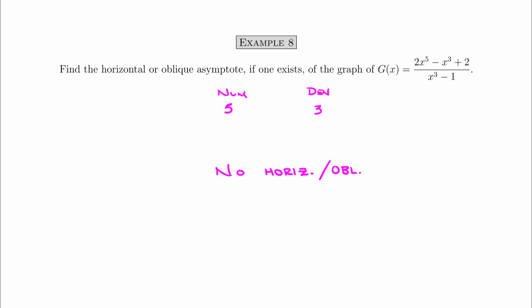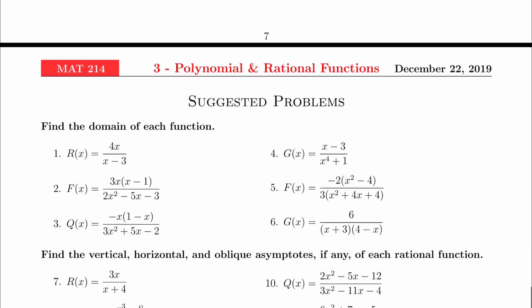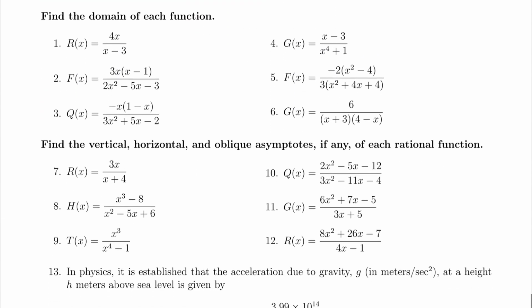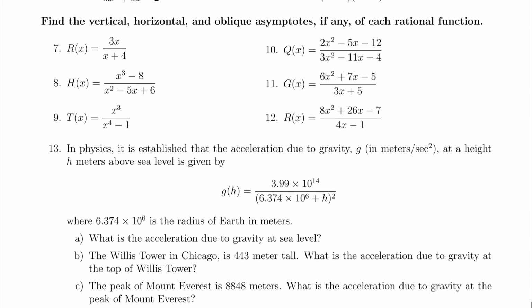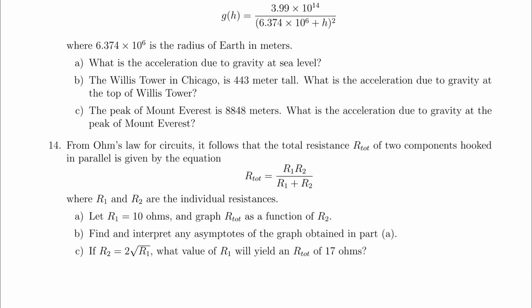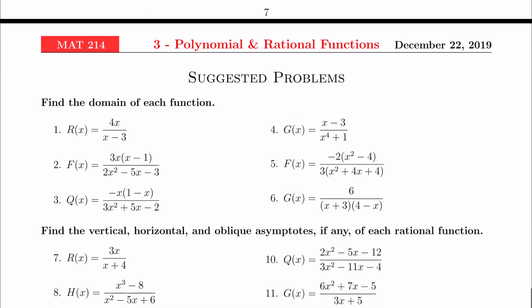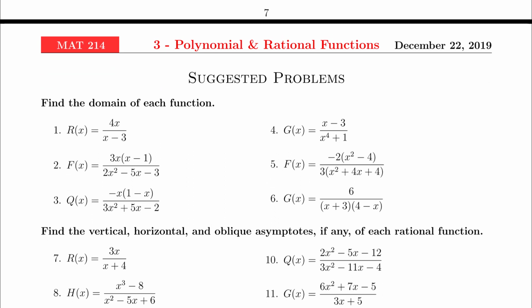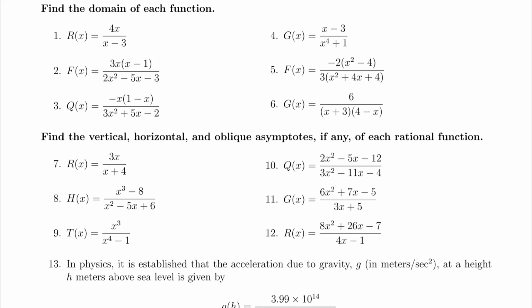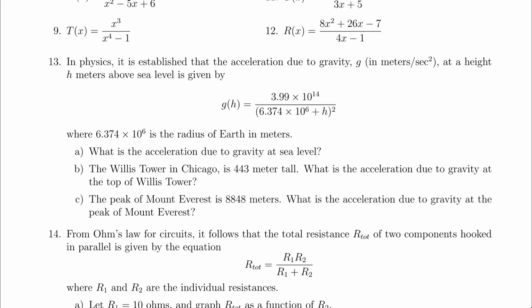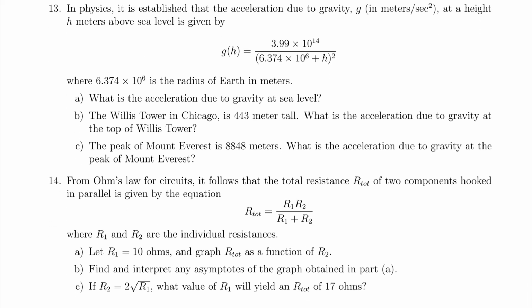And that's all you have to do on this. So your homework, or your suggested problems, I do think that it would benefit you to go through a few of these just to make sure you understand how to find everything. And let's see, there's only 14 questions, so it wouldn't really take that long. 1 through 6 are very similar to what we did with the first example. 7 through 12 are what we've pretty much done here with the last few examples. And then 13 and 14 are kind of applied problems that make these a little bit more tangible and relatable